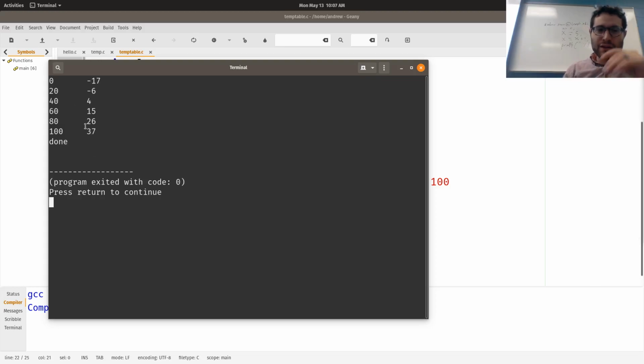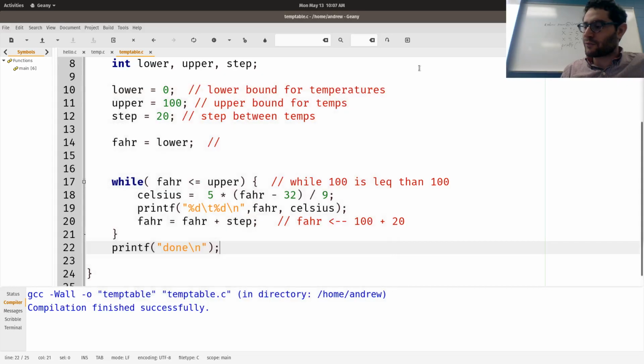So it runs, and it prints done. Runs, and then we print out done after we went through all our loops. Any questions about this concept? Right now we're just doing a broad overview. We've only learned about integers, and now I'm talking about these Boolean things. We haven't even talked about how to do floating point numbers.